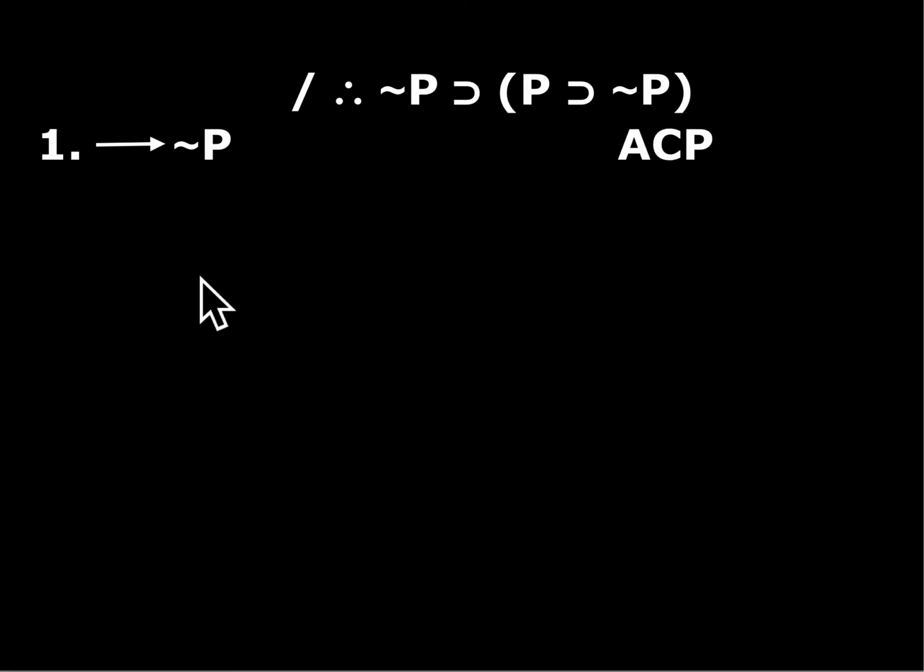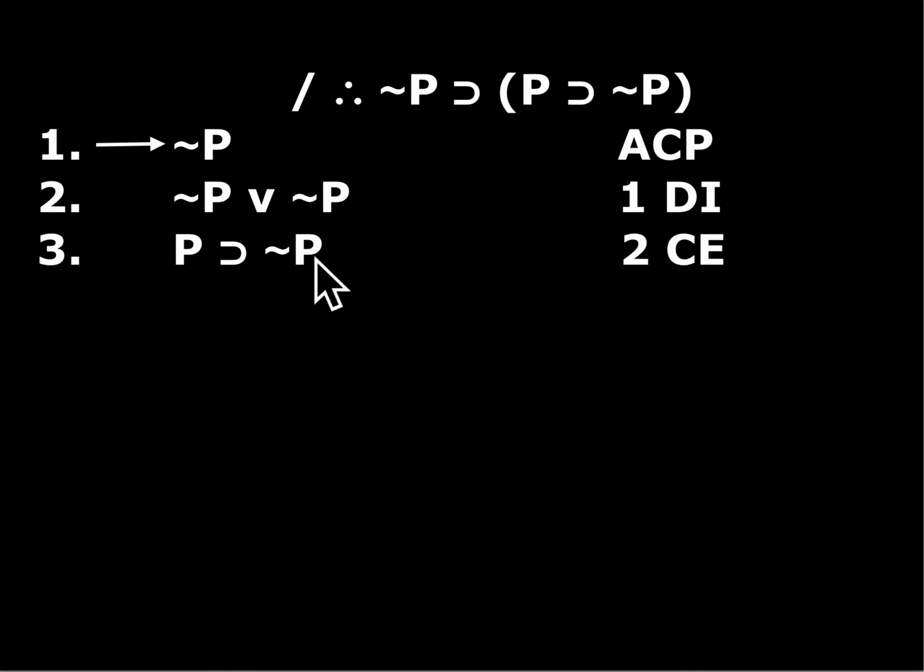Well, it's going to be pretty straightforward. I've got not P. I can use DI to get not P or not P. I do conditional exchange on that, and I have if P then not P. So now I've managed to derive the consequent of the antecedent that I want, so I can close my conditional